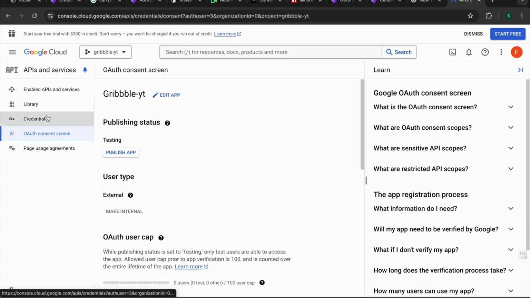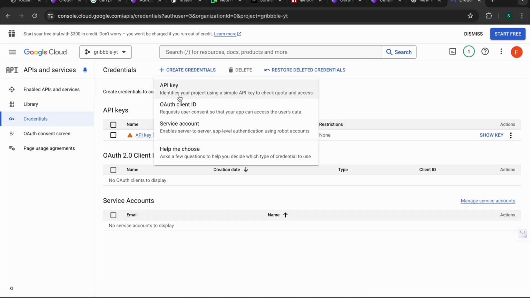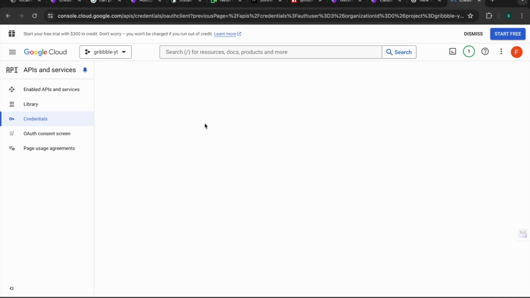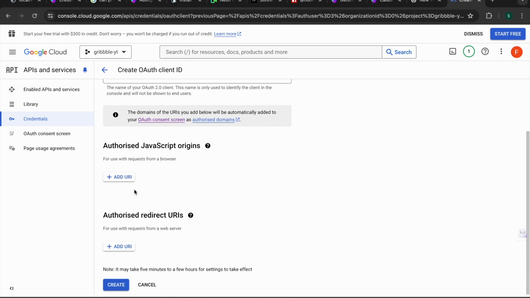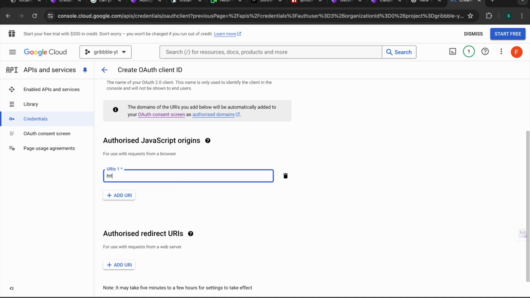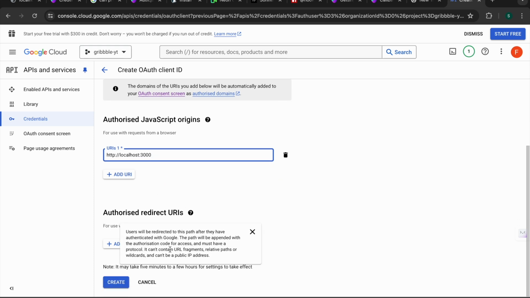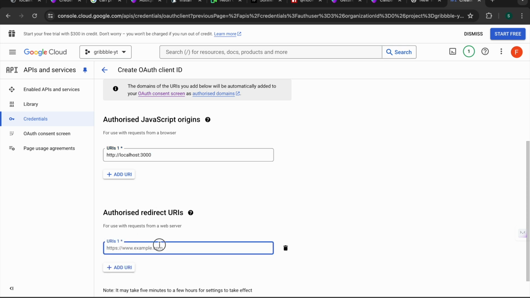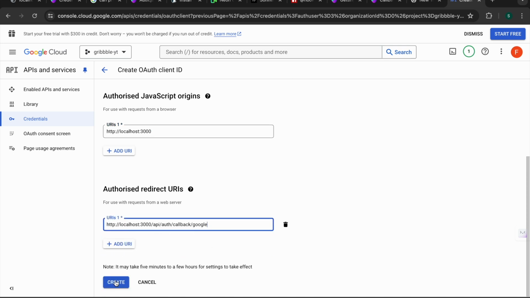Now we can go to the credentials. Now we are going to create new credentials. So we are going to create an OAuth client ID. So click on this. Application type will be web application. In the authorized JavaScript origin, we can write http://localhost:3000. Do not add a slash sign at the end. After that we need a redirect URL, so we can go here and copy the callback URL from Google and then add it here, okay. After that create,